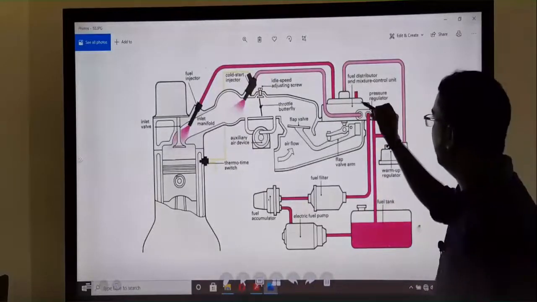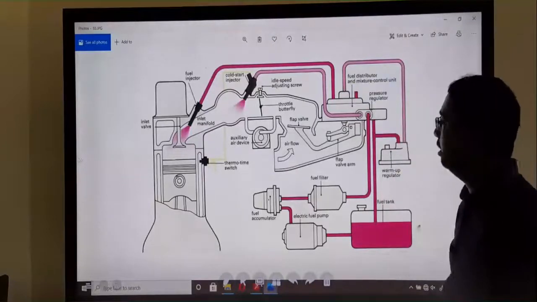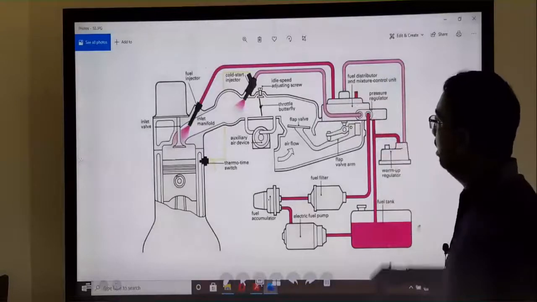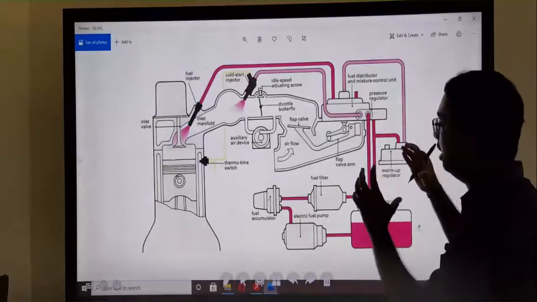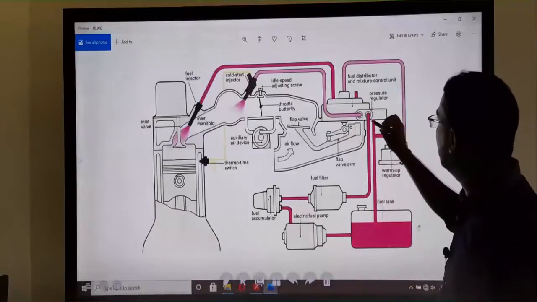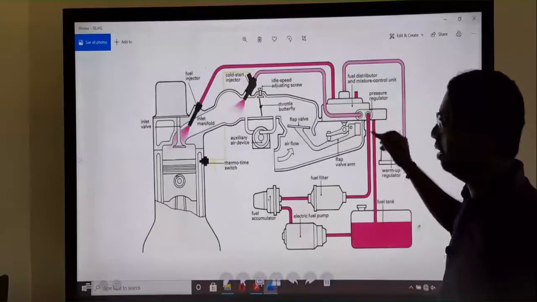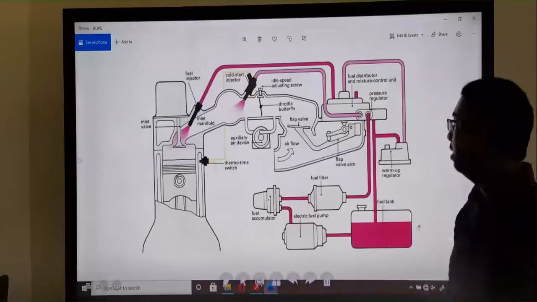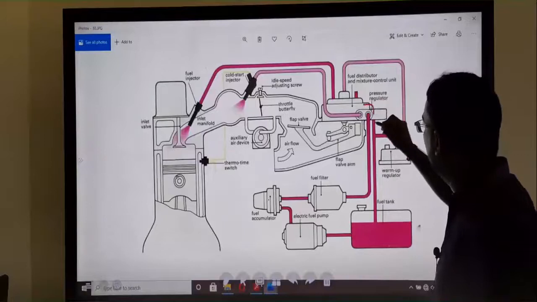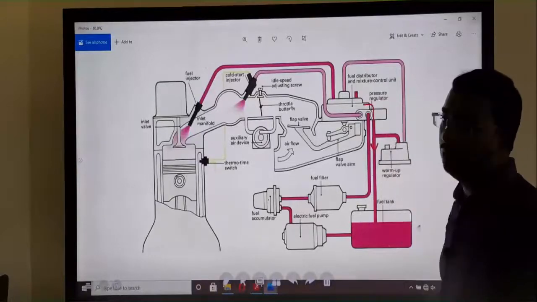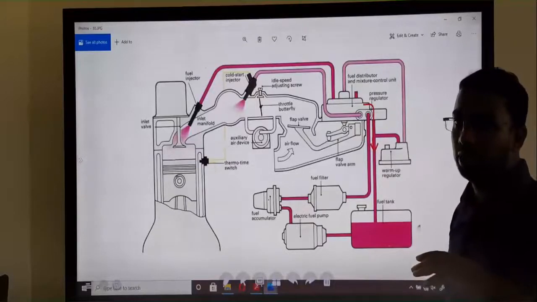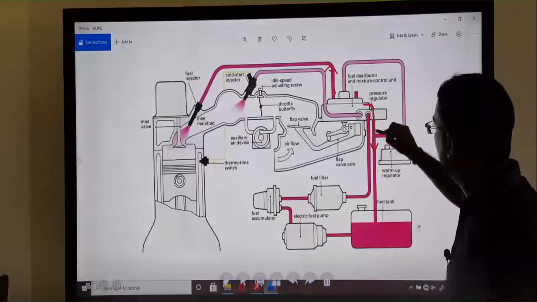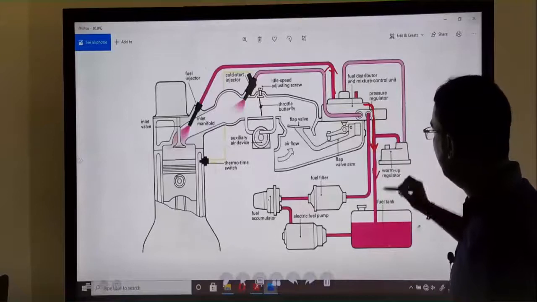So there is a pressure regulator inside of this, because it is used when the line is very closed at high pressure, there is no opening. If there is any high pressure, sometimes this fuel distributor may be damaged. So at that time this pressure regulator controls the pressure, and the remaining extra fuel is sent to this return line, so it decreases the pressure level.